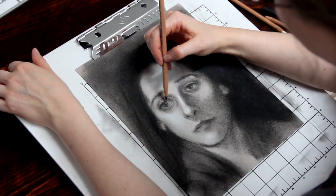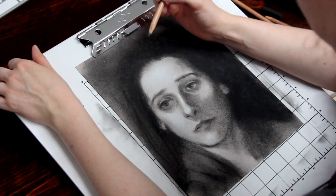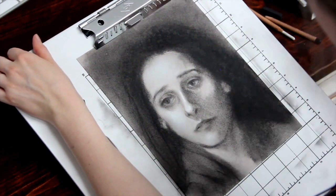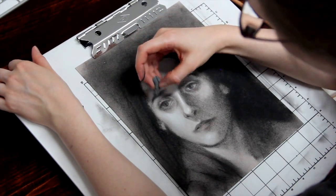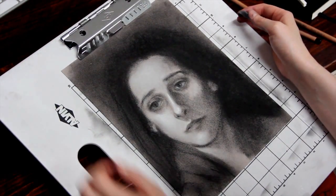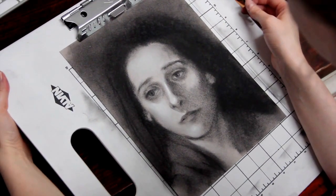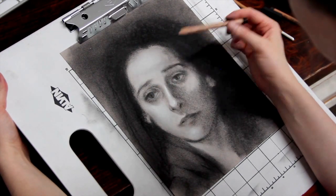So I want to add some kind of shadow underneath the lid onto the eye. And I think what's throwing these eyes off is this little line right here. So I'm going to try to carve that out a little bit. When I was drawing this, I think I was drawing it kind of skewed, so I think the proportions are a little bit weird. Like maybe this eye should be a little higher,